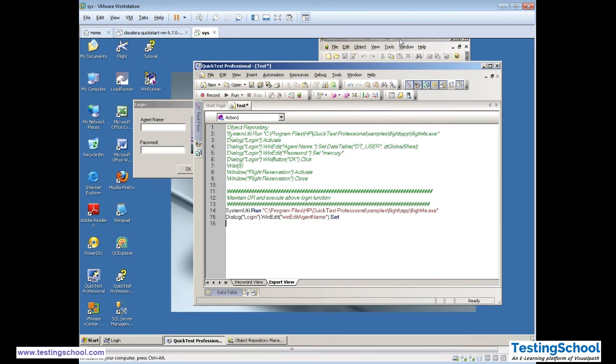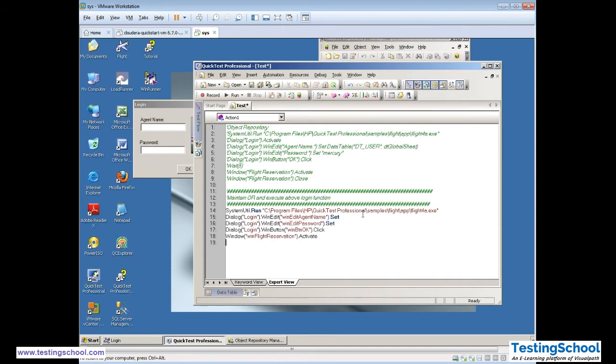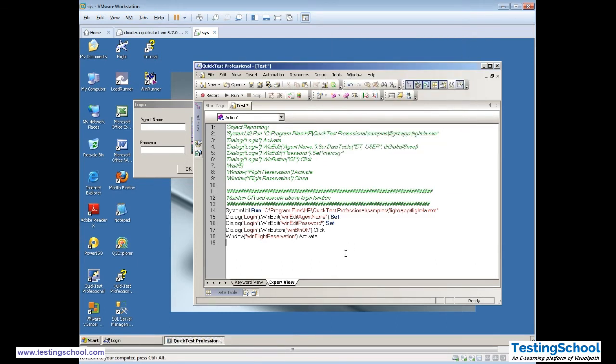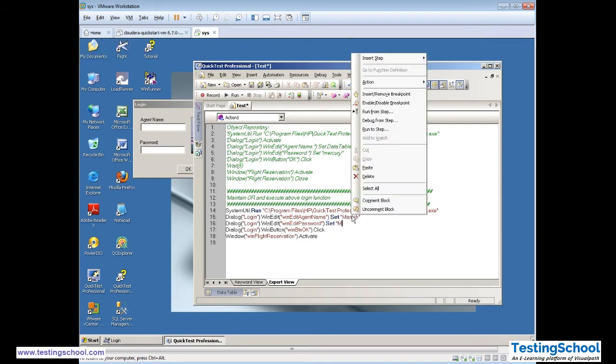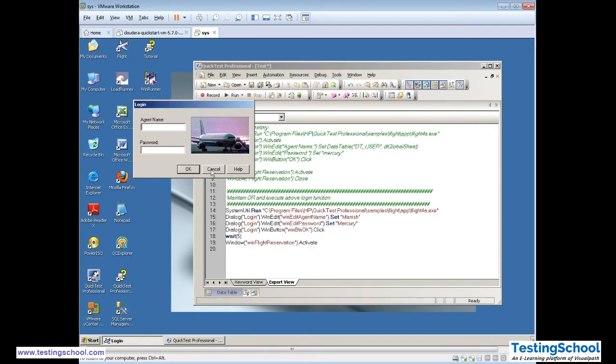QTP will automatically generate the code. Dot set. Chalo, let's see.